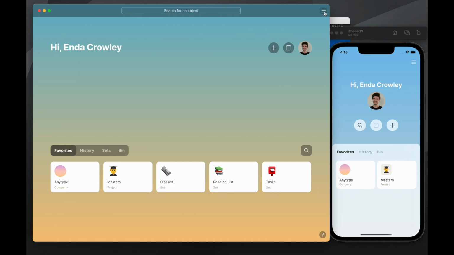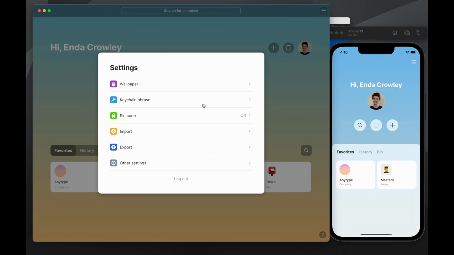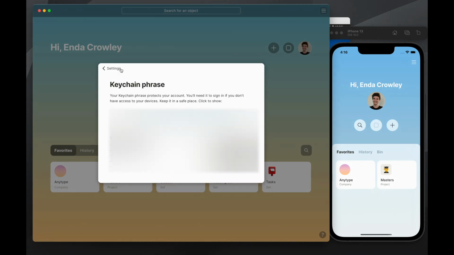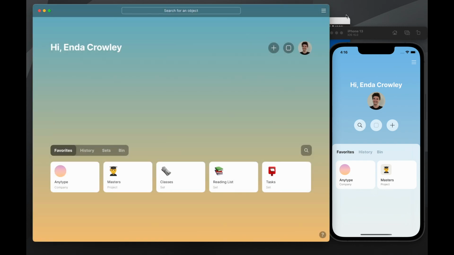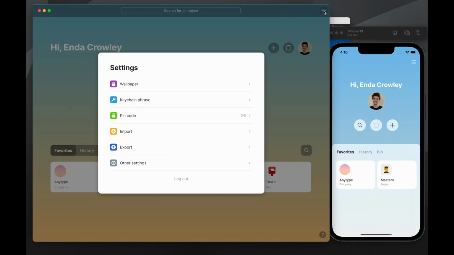But then on your machine, your computer will generate a 12-word mnemonic, just 12 random words, which is your keychain phrase. And I always start the demo with this because it's really important that you write it down and you keep it safe. And you can always find your keychain phrase by going up here to the top and clicking